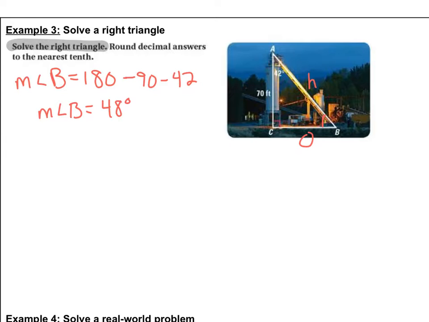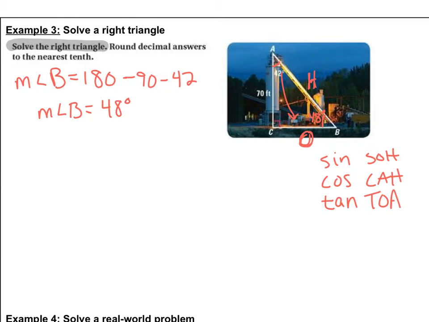Okay, now we must figure out, and now that we know this is 48 degrees, you have options. You can use whatever you want to figure out side length CB, or you could figure out side length AB, whichever you would like to do. Since we've already kind of talked about finding side length CB, we're going to talk about finding the hypotenuse when you're missing a side. So we are going to start with angle 42,